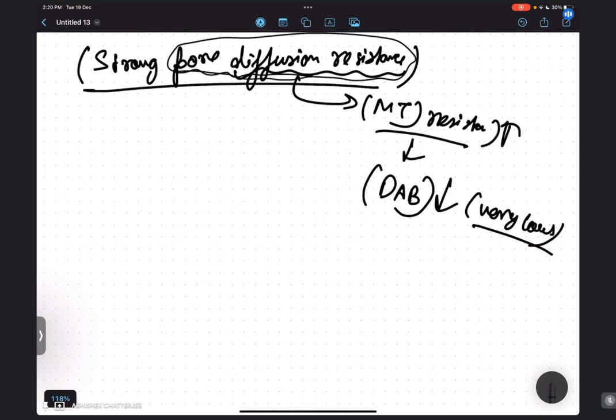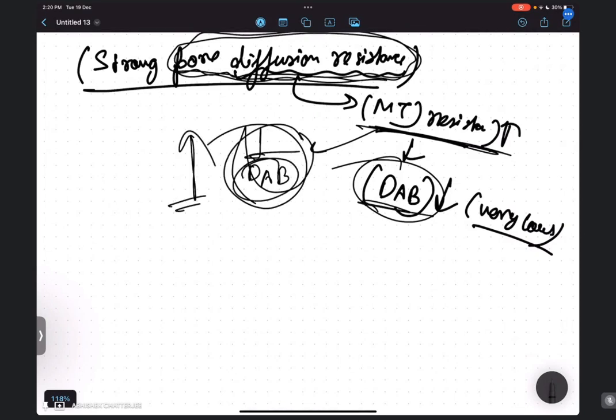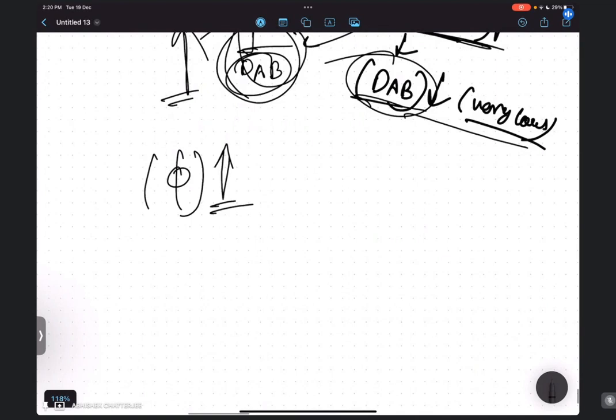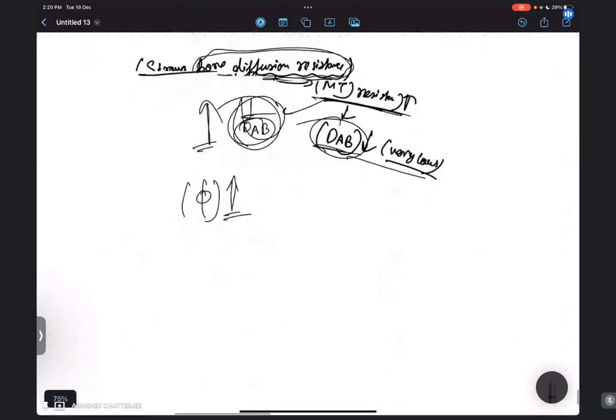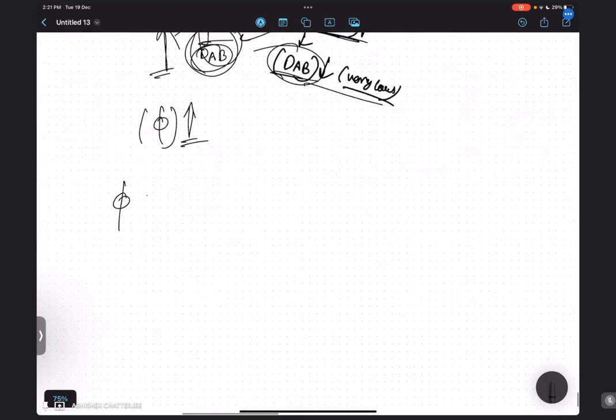Strong pore diffusion resistance. So what is your pore diffusion resistance? Your pore diffusion resistance is nothing but your mass transfer resistance. If your mass transfer resistance is high, that means what? Your DAB value is less. Mass transfer resistance actually is nothing but 1 by DAB. If this 1 by DAB is high, that means this DAB is less, no? If this DAB is very less, then this Thiele modulus is going to be high, no? This phi value, this Thiele modulus, it is going to be high. Okay. So generally for this case, let us define a particular case. For this particular case, we say that if this phi value is greater than 4, okay, then we can call it as